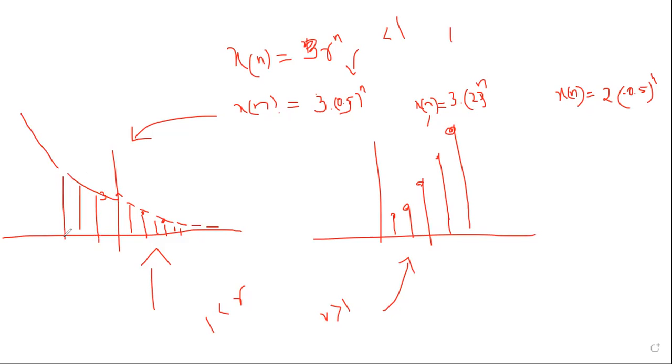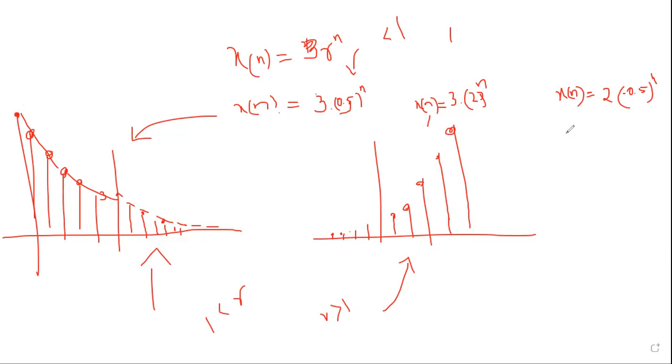I should have drawn those as sticks only. I have just shown you the joined line, but it is discrete time. Earlier, the thing with A and E was continuous time. This is discrete time. Now here, what's going to happen on the left side? We are going to have a decaying exponential on the left side.